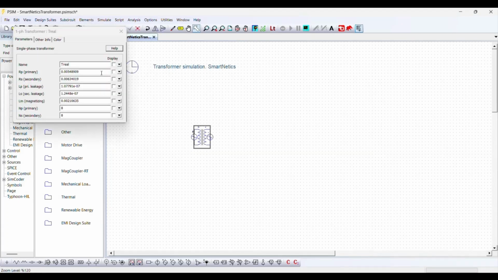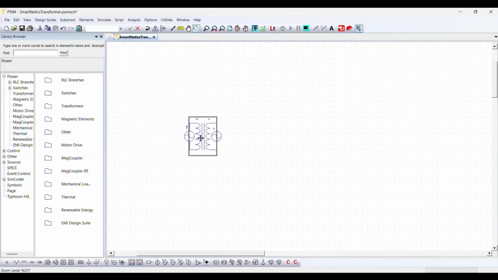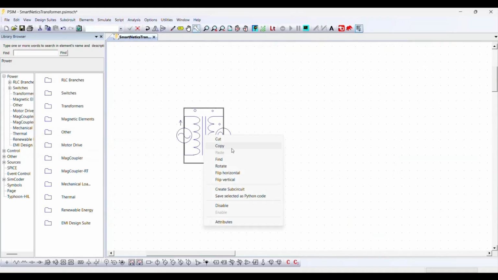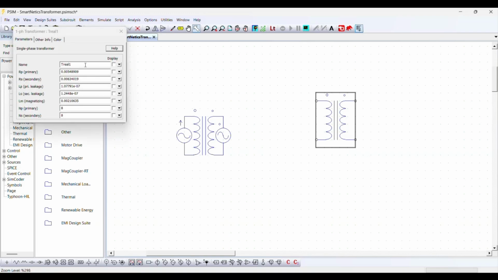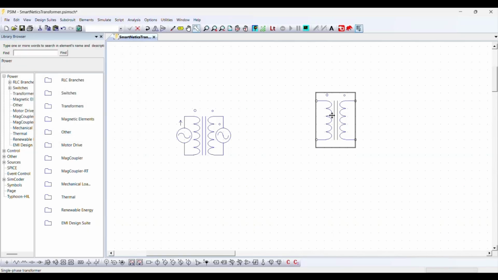You have the real resistance, inductance, magnetizing inductance, number of turns, etc. Everything in the same model PSIM uses, and then you can just copy your device and paste it in another circuit, in your converter, in whatever you want to simulate your circuit in, and you have access to all of these values without, once again, knowing anything about PSIM. You don't even have to input anything by hand in here, okay?